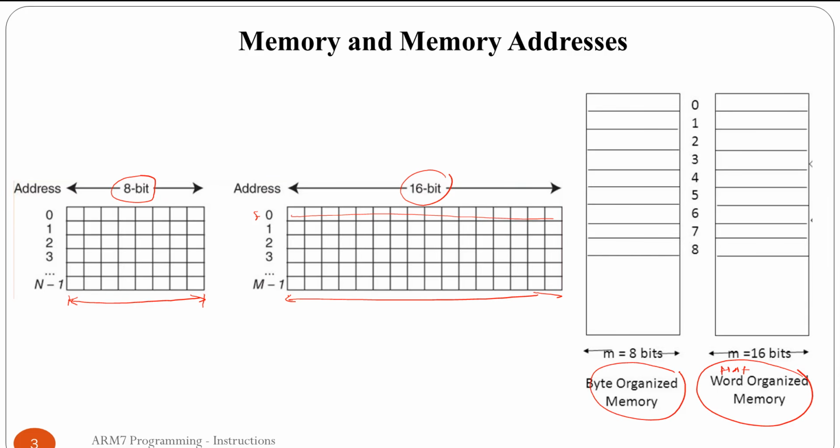Whenever we want to access this memory, we normally mention the address of these memory locations. For example, the address of this memory location is 1. I'm just taking one example. To access these 16 bits, as this is 16-bit organized memory, I require this address. With the help of this address I can use different instructions and access the data from this particular memory.